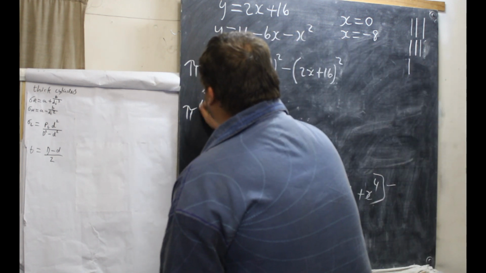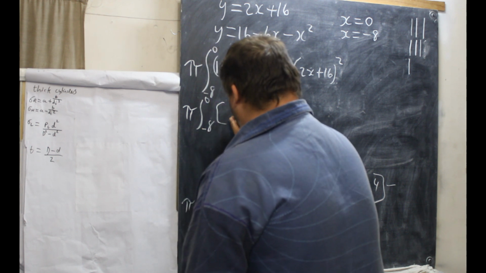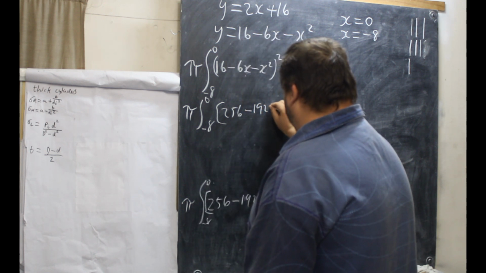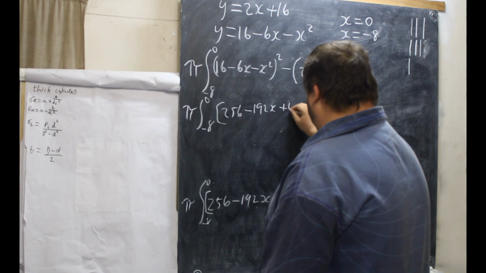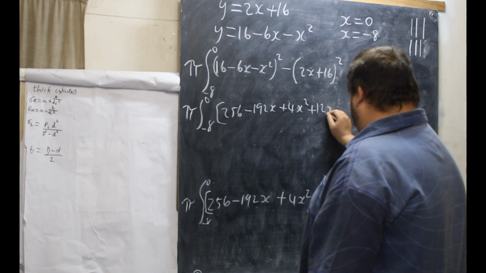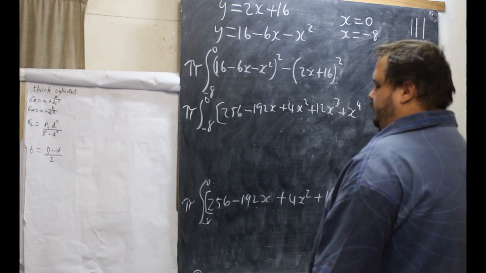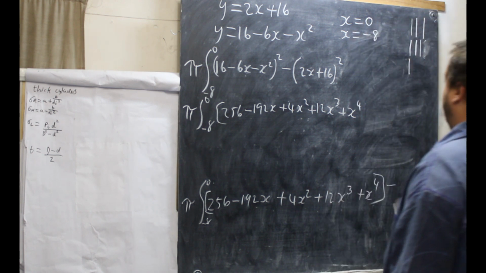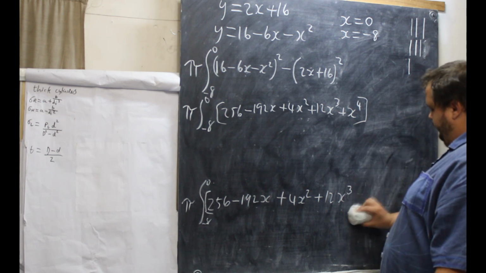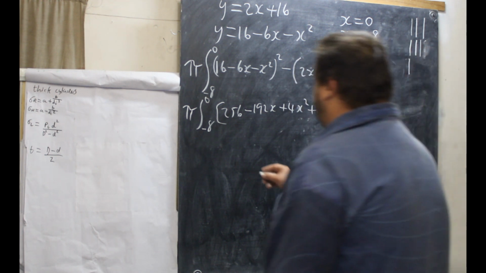So pi times 0 to minus 8 of 256 minus 192x plus 4x squared plus 12x cubed plus x to the power 4. Okay. Now we'll have space to work down below here. So now what we have,